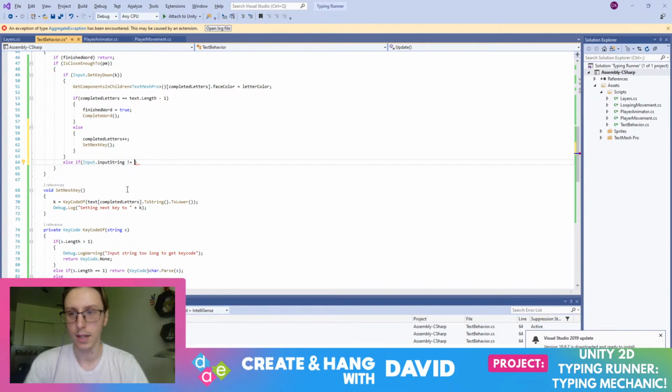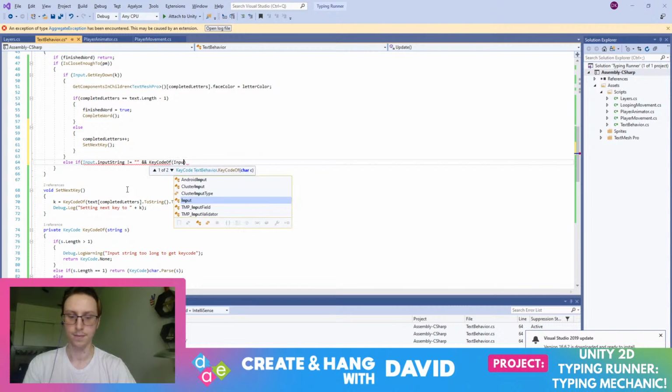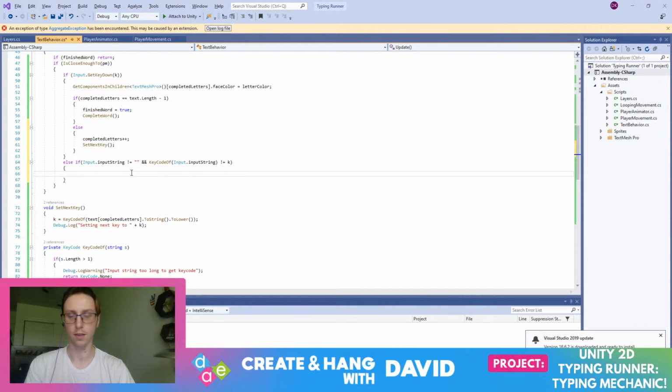So essentially, if the last key pressed isn't blank, right, and the key code of that string does not match our current key code, the key code of the current letter that we're on,